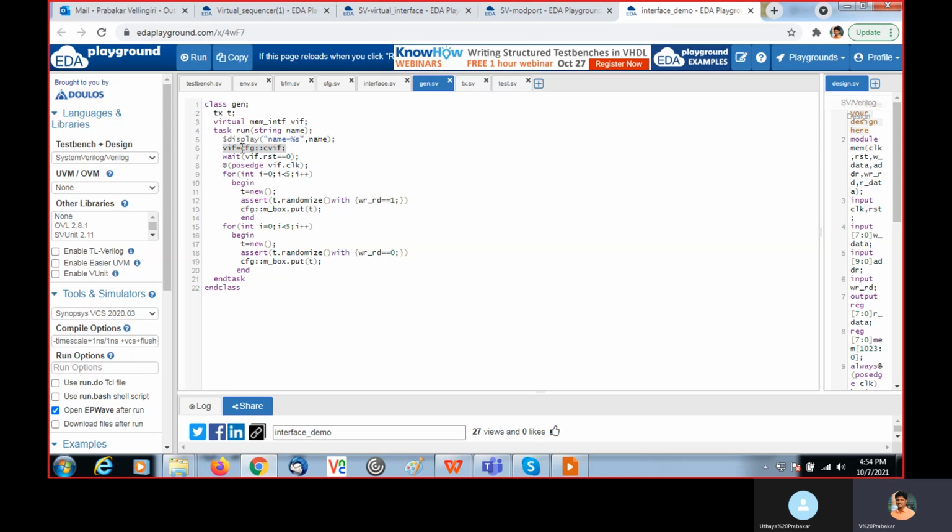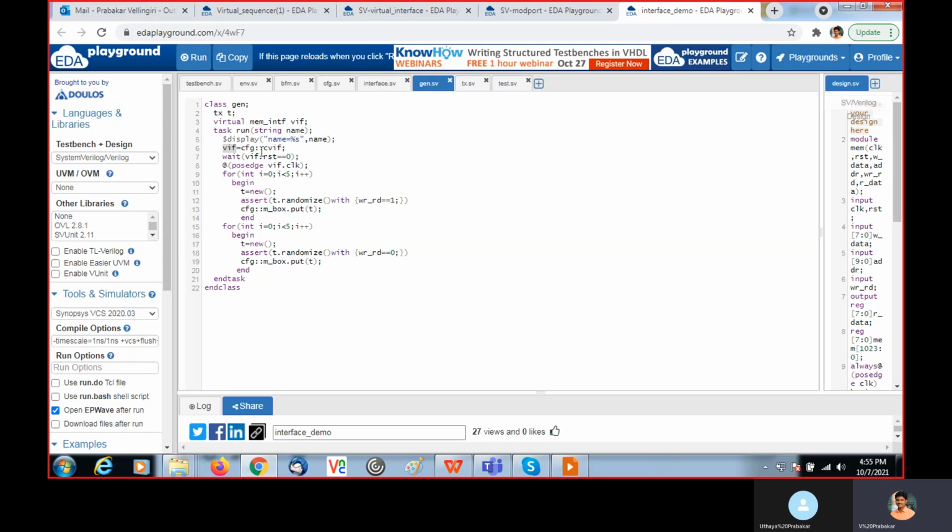This is the static one. So through the scope resolution with the class name, I am getting that 100 and I assign it to this VIF. So you can use this VIF or just VIF. Now that 100 I received here, which is nothing but the location where the interface is live.